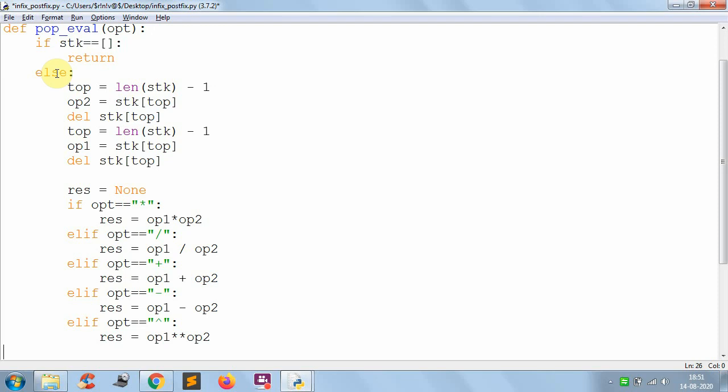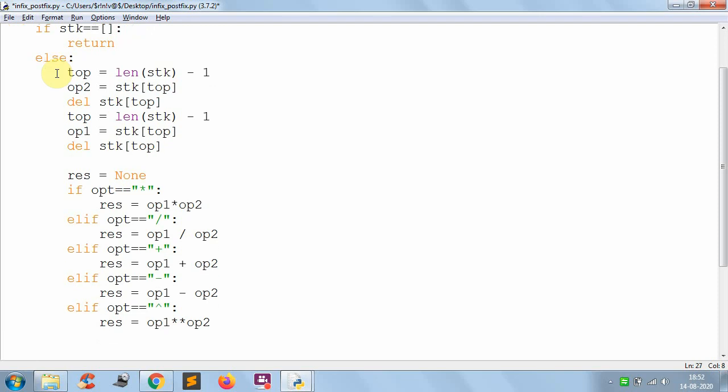After doing this, we have performed the given operation by popping the top two elements from the stack. The evaluation has been done and the result has been stored in the variable res. After that the result should be pushed back to the stack with stack dot append res.